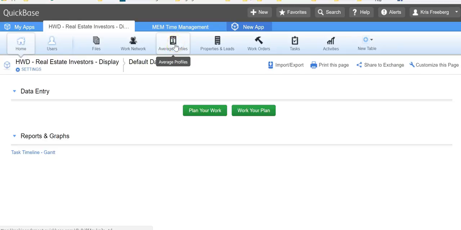criteria, sort of. In here we define the kinds of properties that you're looking for, whether, like I said, they're single family, duplex, triplex, multifamily, retail, whatever. We set up profiles for the kinds of things that we're looking for. And then when you're really your work network,